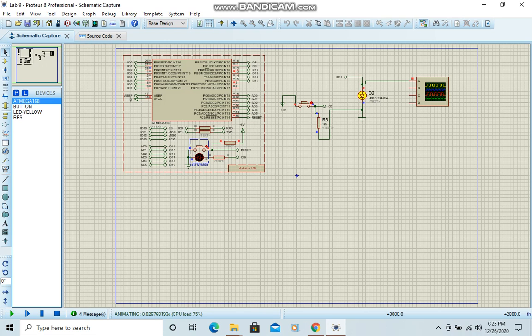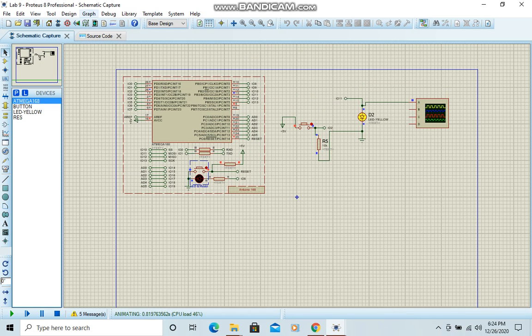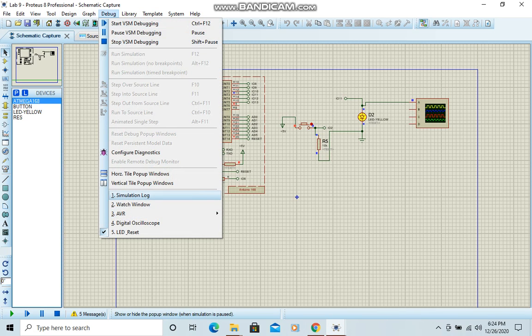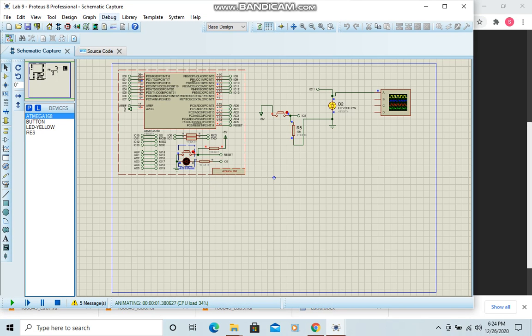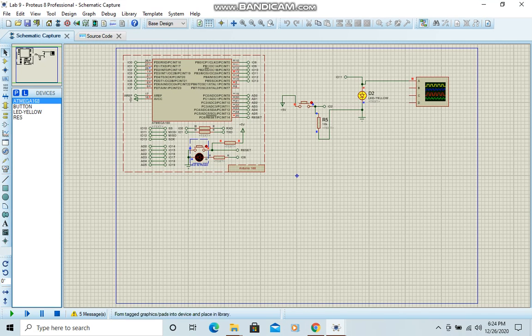I have placed an oscilloscope here so that the waves can be easily visible. I will play the simulation so that the oscilloscope is visible on the screen.